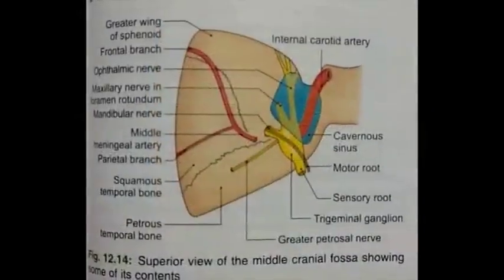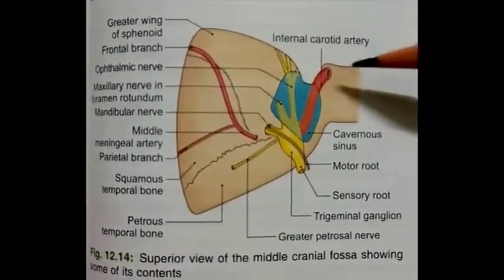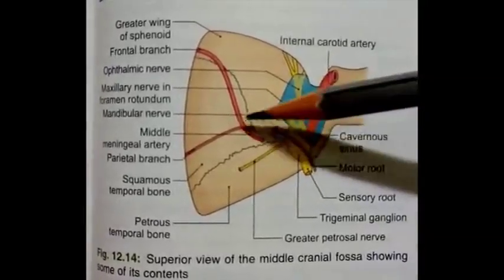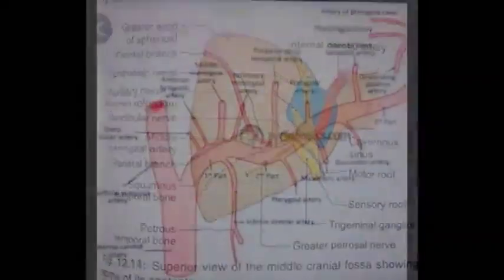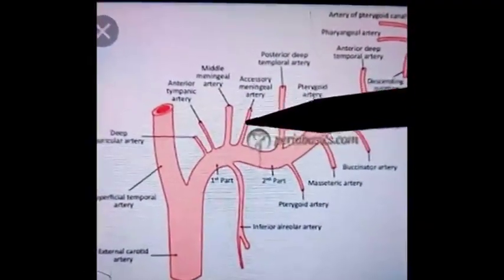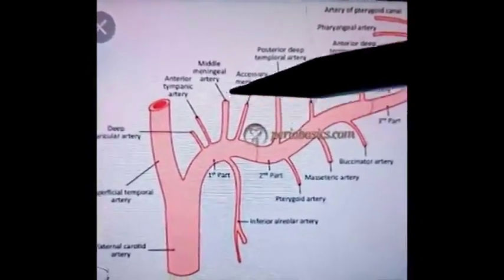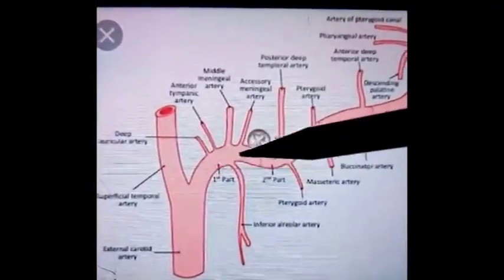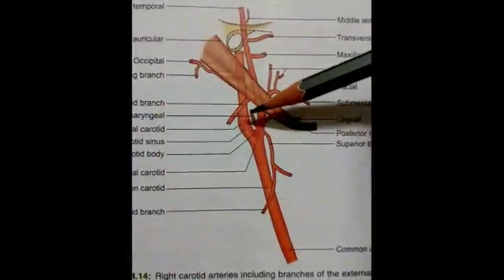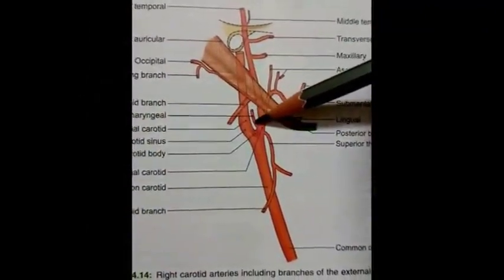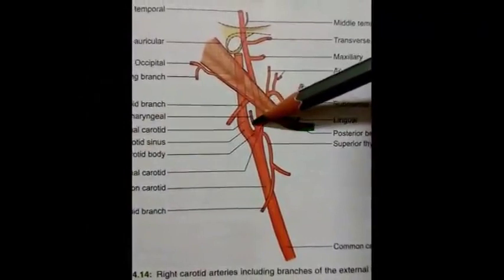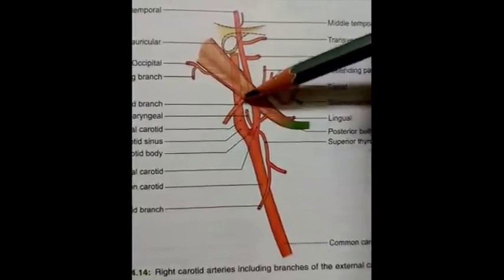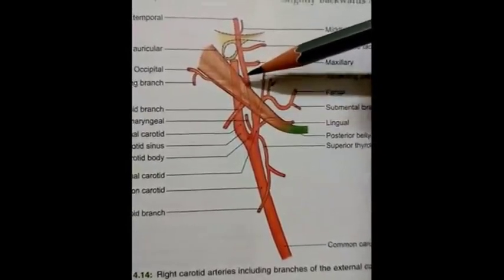Blood supply of the ganglion. Ganglion is supplied by branches of internal carotid artery and the middle meningeal artery, the vessels which pass close to the ganglion. Accessory meningeal artery also supplies the trigeminal ganglion. Middle meningeal and accessory meningeal both are branches of the maxillary artery. A small branch from the external carotid artery, that is the ascending pharyngeal artery, reaches up to the cranial cavity and gives meningeal branches for the supply of this trigeminal ganglion also.